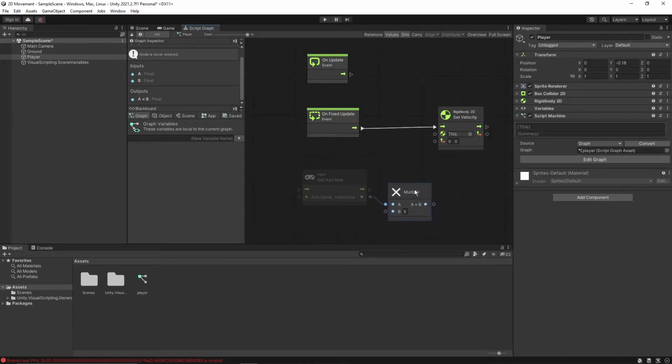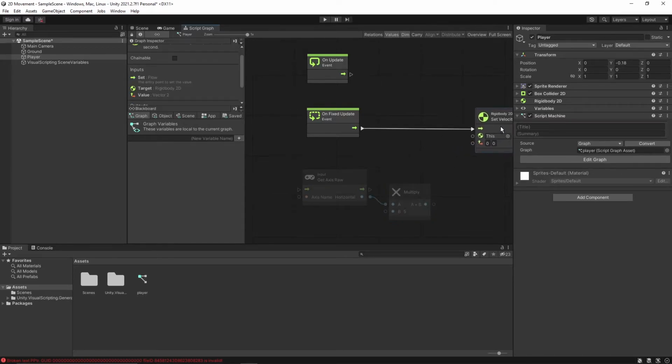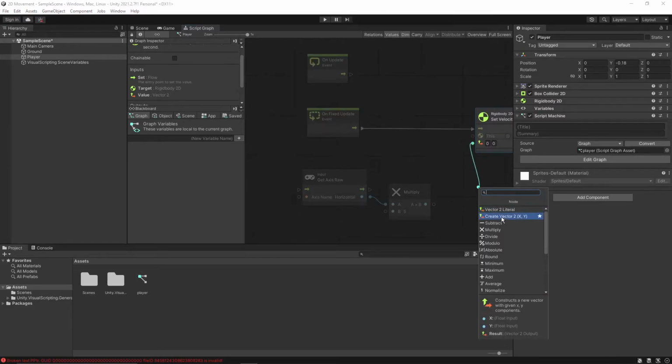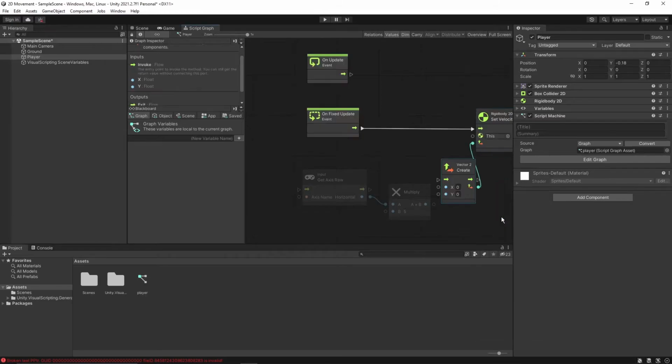Now we want to pass this value over here, but you can see this only takes the input as a vector. So first we need to create a new vector here. Create vector. Now I can pass this value.